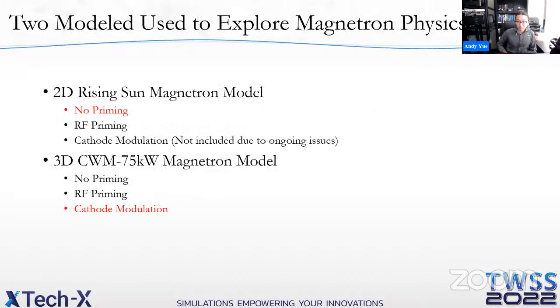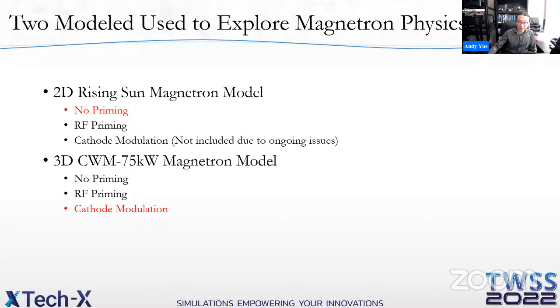Two magnetrons were modeled for this study. One is a 2D rising sun magnetron, and the other is the CWM 75 kilowatts, which is a commercially available product from L3Harris. Each magnetron model was simulated under 3 different priming conditions: no priming, RF priming, and cathode modulation. The term priming here refers to creating a